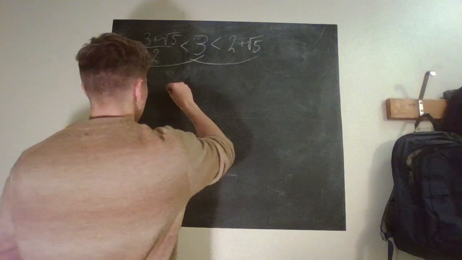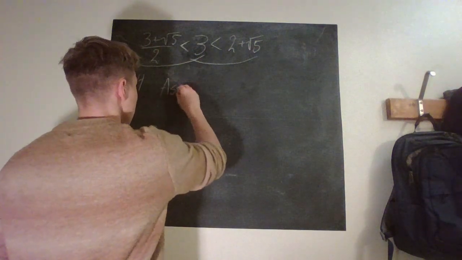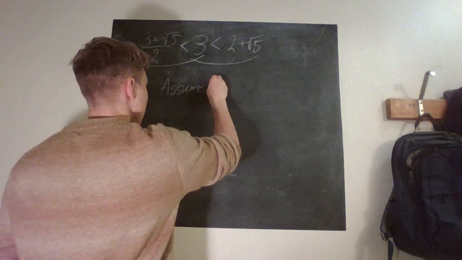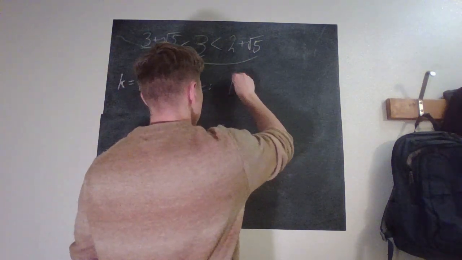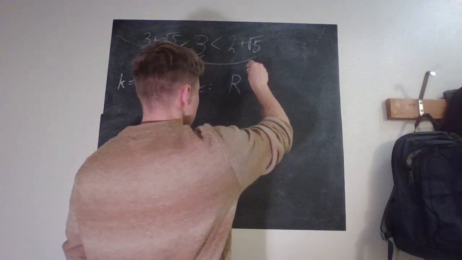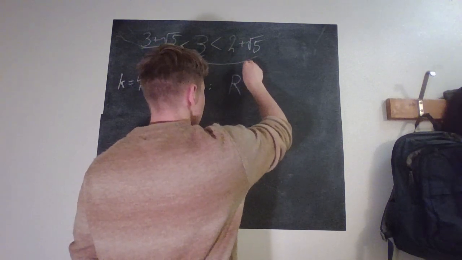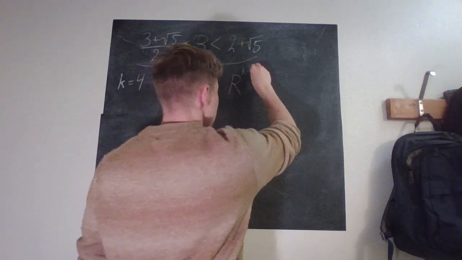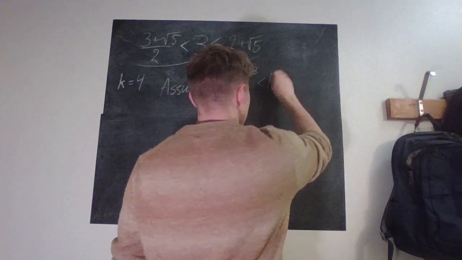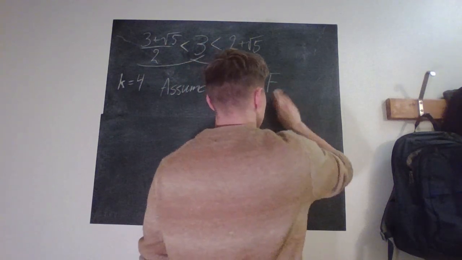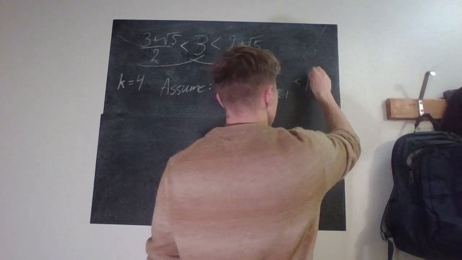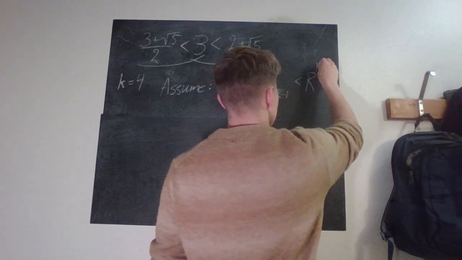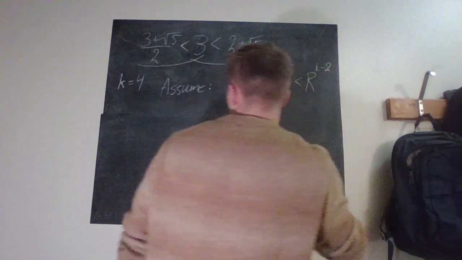So we assume that r to the power of k minus 1 minus 2, so that's k minus 3, is less than f of k minus 1, which is less than r to the power of k minus 2,